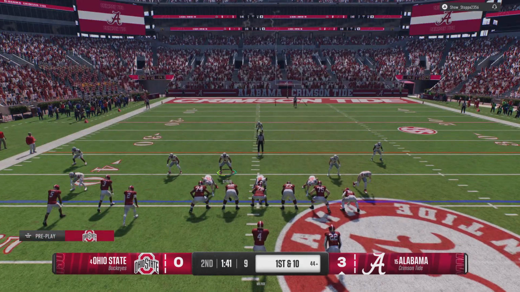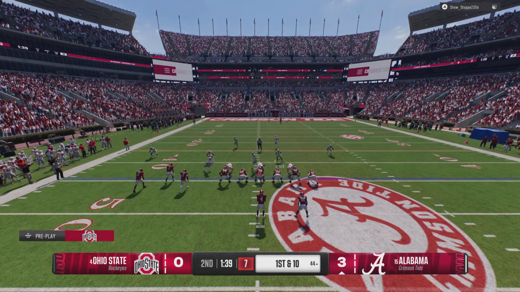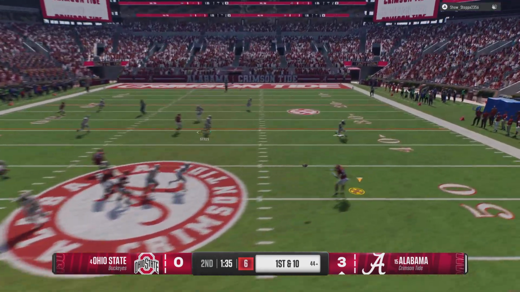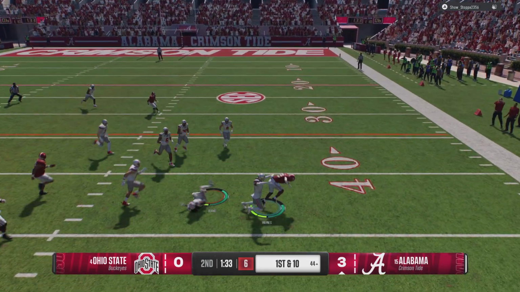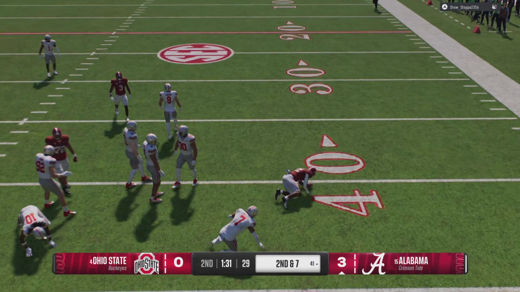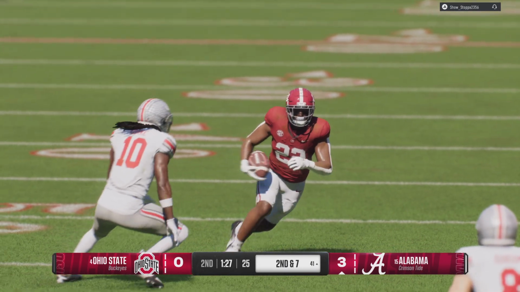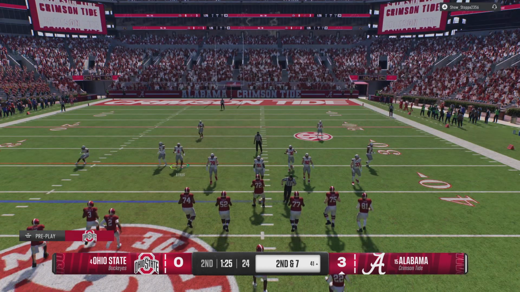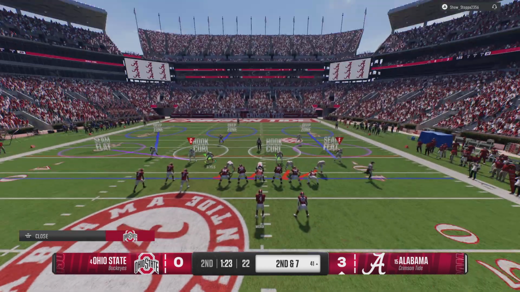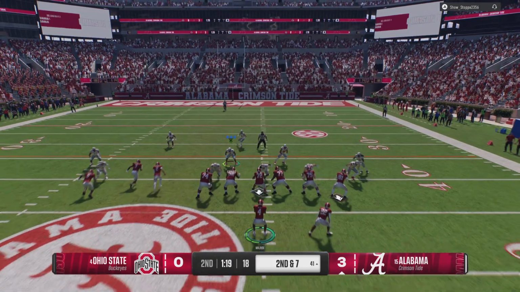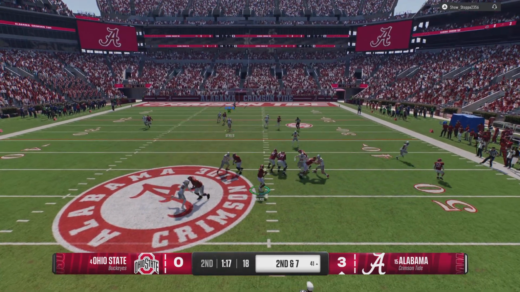The Crimson Tide comes to the line with first and 10. He's looking to throw it. Caught behind the line. It's Haynes. And a good job in coverage there as they stop it after just a few. And listen, I know that wasn't a huge gain. It was positive, but I like doing more of that in today's college football. I'm just going to try to give my playmakers a chance to do damage in space away from all the big